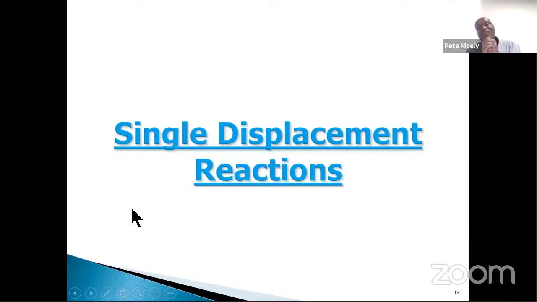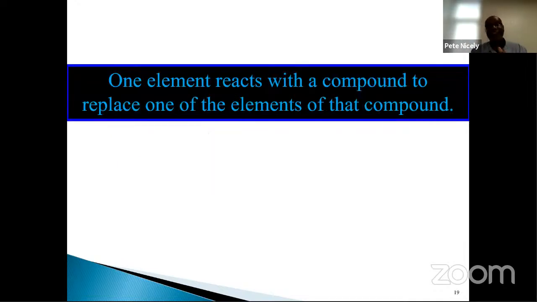Okay, so let's talk about the third category of reactions in this list. And we're talking here about single displacement reactions. So what happens in a single displacement reaction? Well, as stated here, in a single displacement reaction, one element reacts with a compound to replace one of the